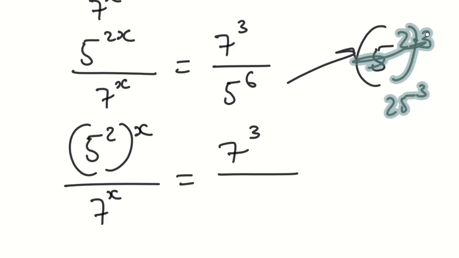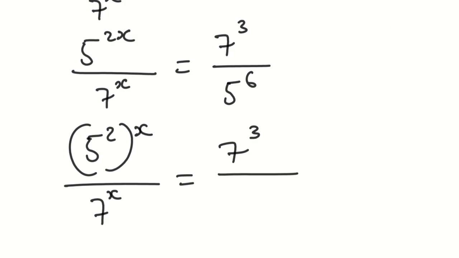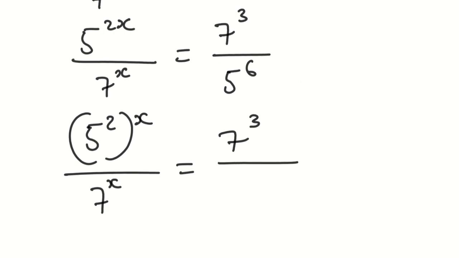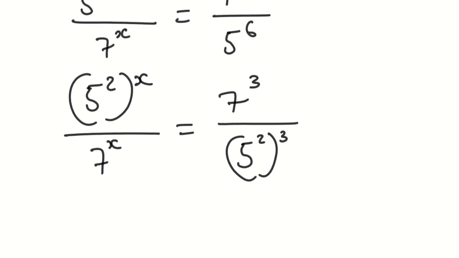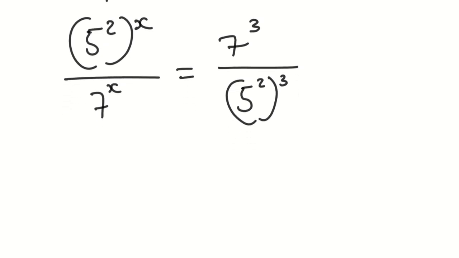No. Let's come here and do just that right here. So it's going to be 5 raised to the power of 2, then 3. If you multiply 2 and 3, you get 6. So nothing again has changed. Okay, I think we're getting very close to our answer. Now watch this. This is 5 raised to the power of 2. Look at this. 5 raised to the power of 2 is what? 25. So I'm going to write 25 raised to the power of x over 7 raised to the power of